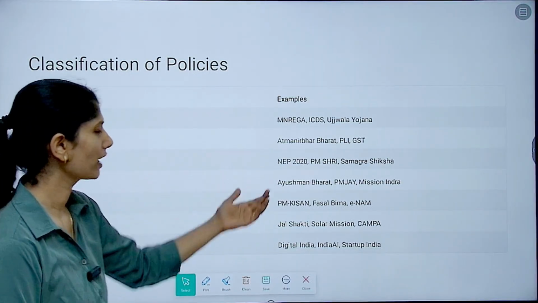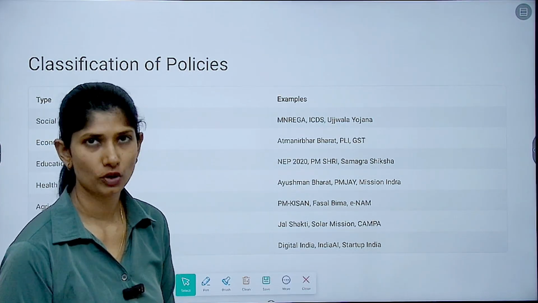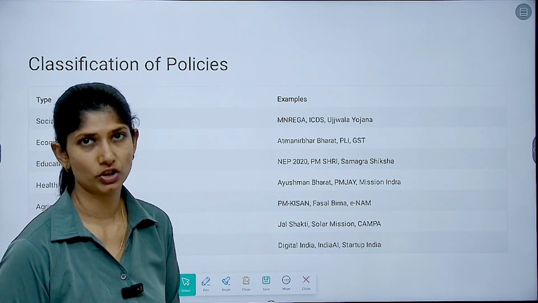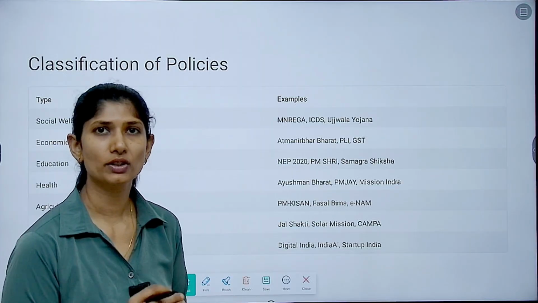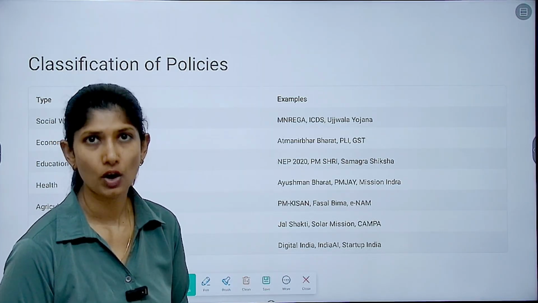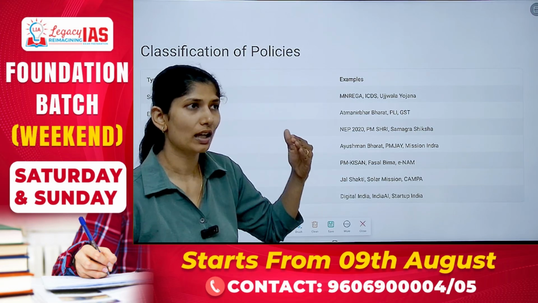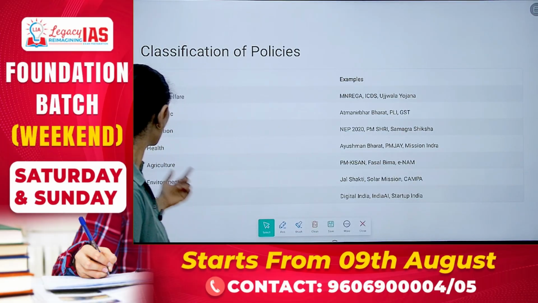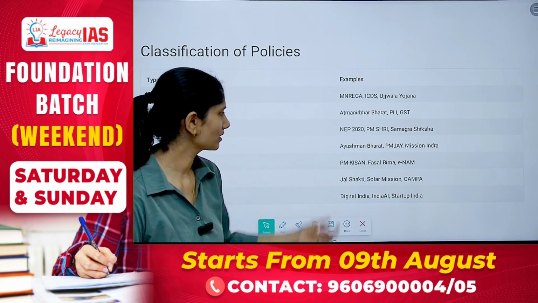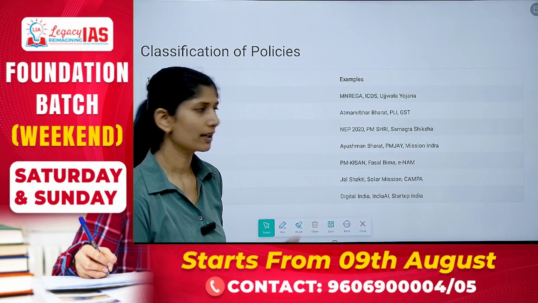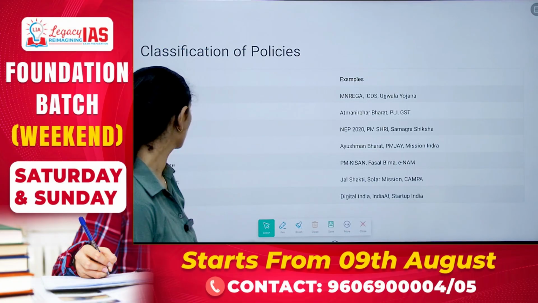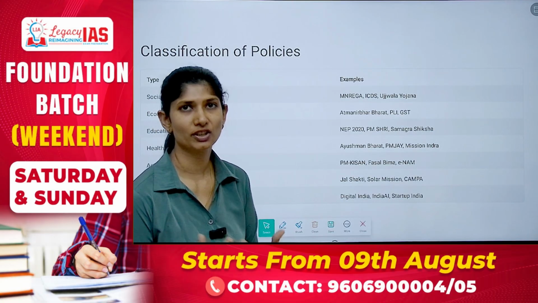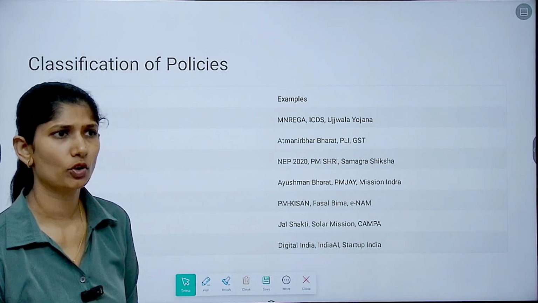Then with regard to health, we have Ayushman Bharat, healthcare for all. Then we have the Pradhan Mantri Jan Dhan Yojana, the Jan Arogya Yojana, where again the key focus is health for all, holistic health, and transforming healthcare from disease-based to wellness-based. Understanding. Next, with respect to agriculture, PM Kisan, Fasal Bima insurance, and giving additional income to your farmers. Then with respect to environment, Jal Shakti, solar mission, CAMPA funds, compensation for your environment.